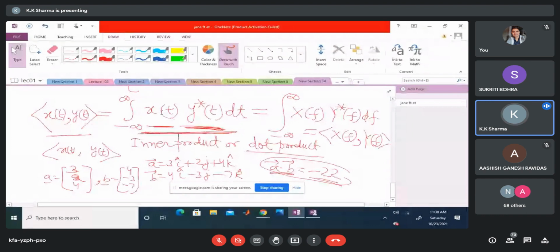Suppose your x(t) is the received signal and y(t) is the locally generated signal, then you are computing the similarity or inner product between the received signal and the locally generated signal. If it matches, then the value of the inner product will be very large. If x(t) is different from y(t), the value of the inner product will be almost 0 or very close to 0. So you can very easily distinguish what the received signal is.